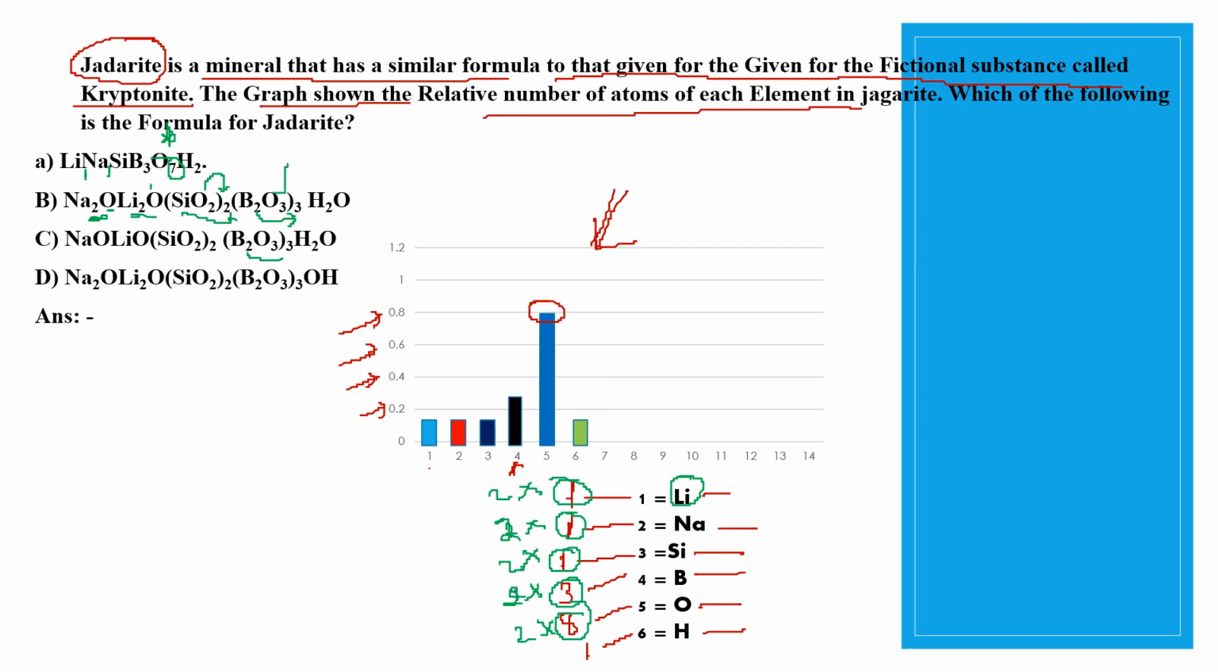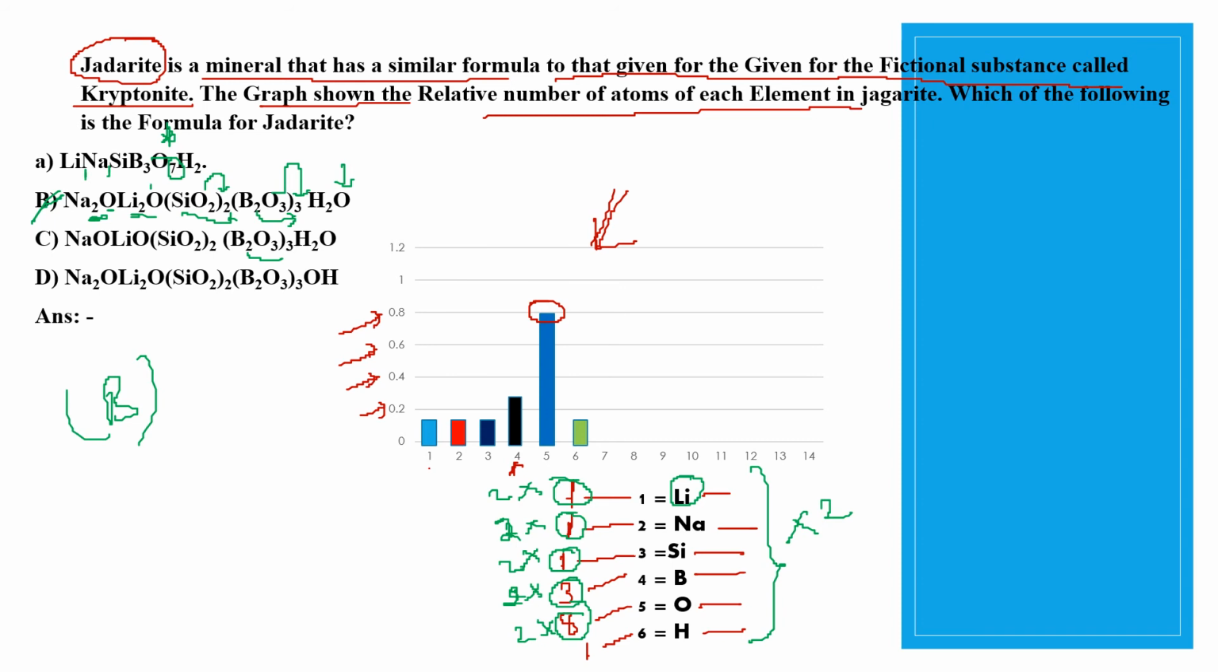6, then here 3 threes are 9, total 15. Then here 1, 16. Yes, exactly. B is the right answer. Means if you multiply all these elements by 2, you will get 2 lithiums,